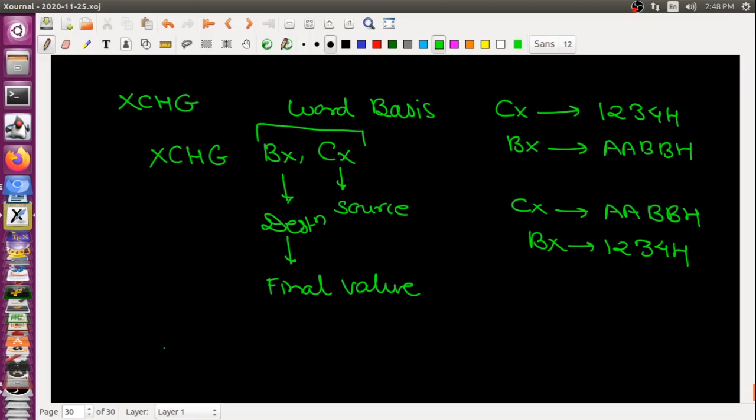If you want to perform the operation on the byte basis, you can use the instruction XCHG.